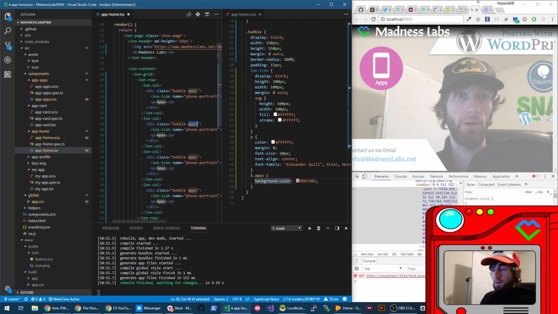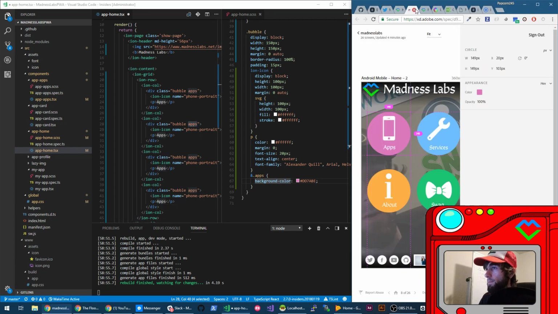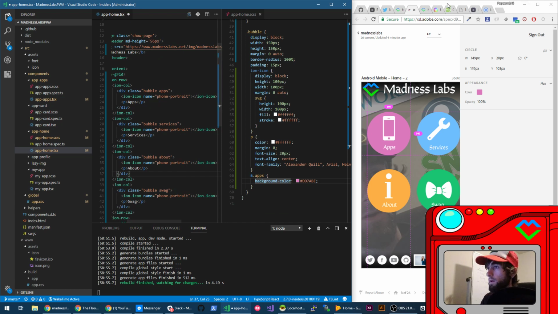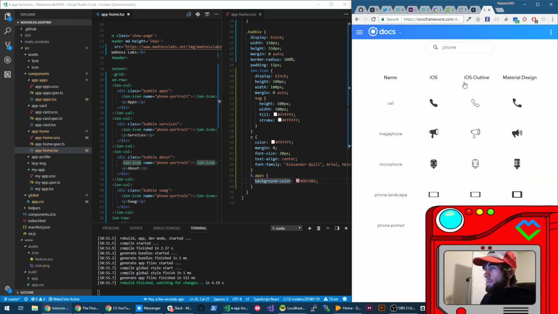And I'm going to name this one, let's see, I'm going to just pop this prototype open. So this one's going to be services. Services, oops, about, swag, and since we're talking about swag, and I gotta look through icons,